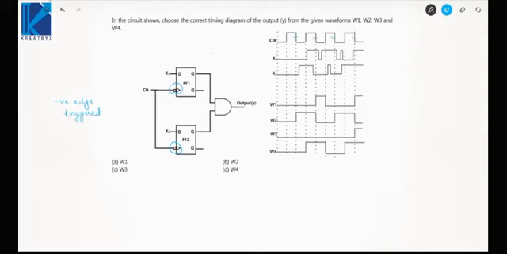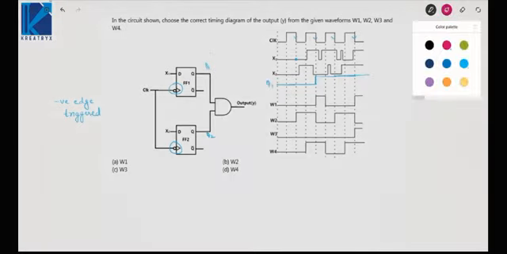Now in this case, what will be the output of the first Q? For Q, you have to check the value of X1. Let me call it as Q1, Q2. You have to check the value of X1 at which point? At the negative edge of the clock. So it is 0. At negative edge, the X1 is 0, so it will remain 0. At the next negative edge, it is 1, so it will go to 1. At next negative edge, again 1, it will remain 1. At next negative edge, it is 1, so it will remain 1. This will be Q1. What about Q2?